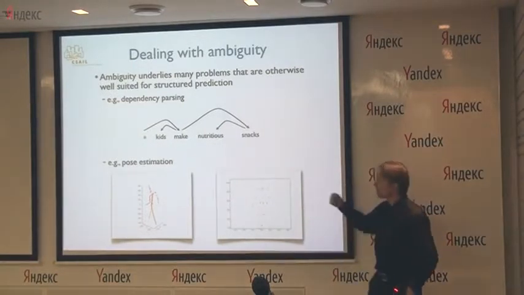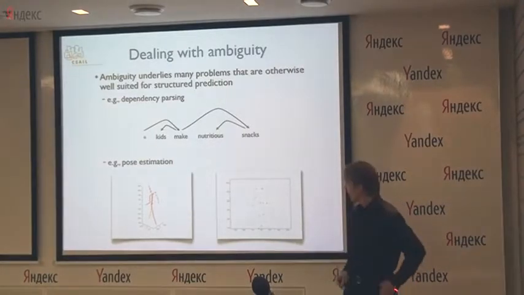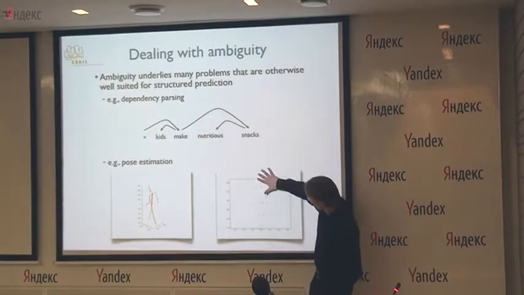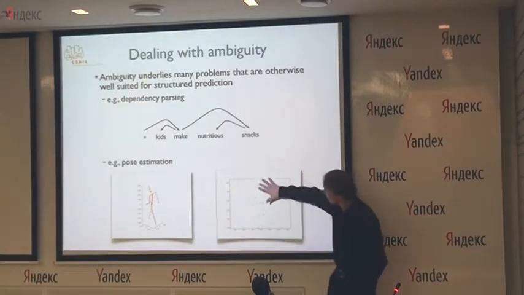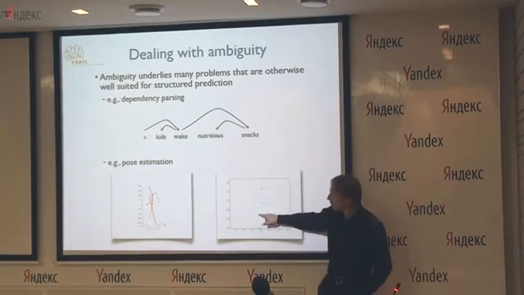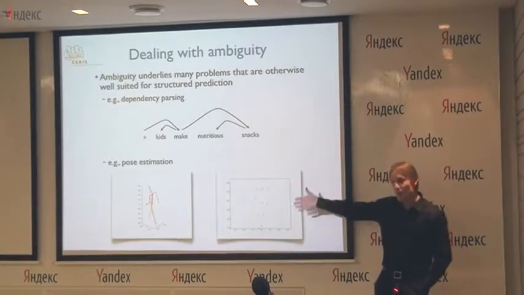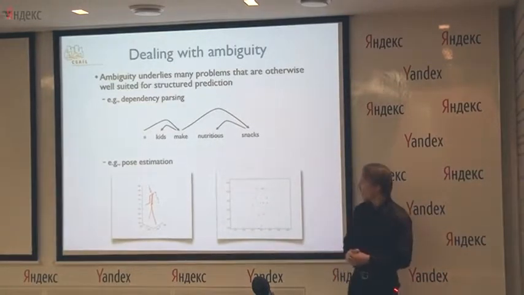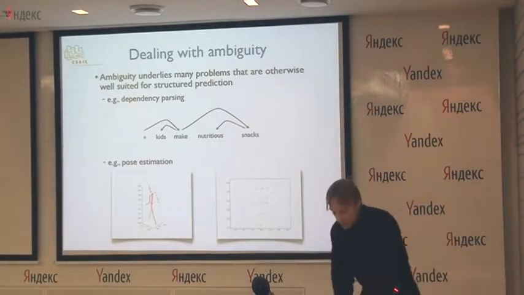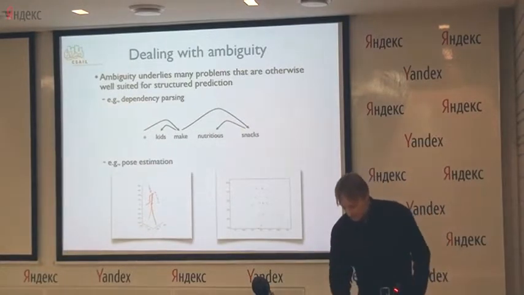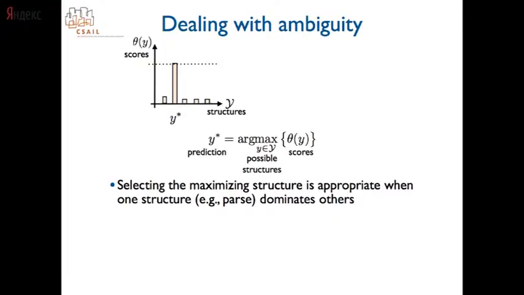Here's another example just in terms of pose estimation. If you put little tags on the body and start moving, you can do motion capture here. If you take one particular frame here and try to reconstruct the pose based on what you see in this 2D picture, then the pose itself is ambiguous. So this is just to highlight that across the board of the examples that I listed earlier, such notions of ambiguity apply. All right? So we have to somehow be able to deal with them. All right? So let's look at the effect of the ambiguity here.